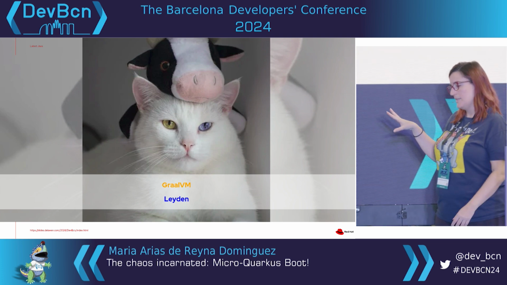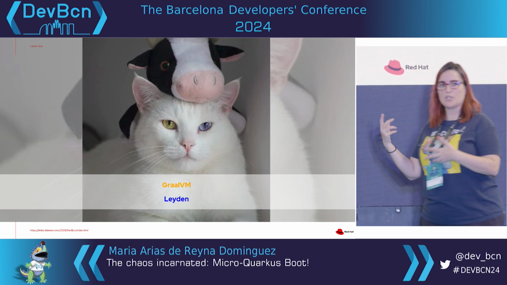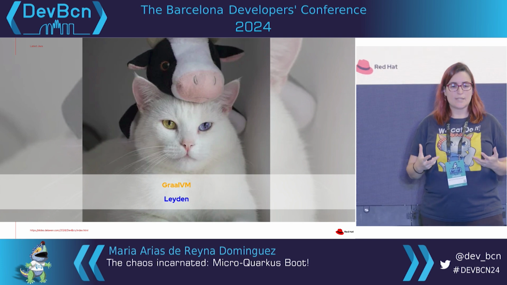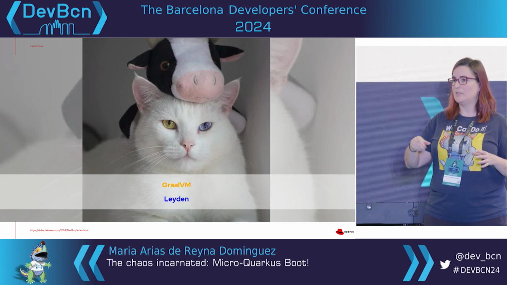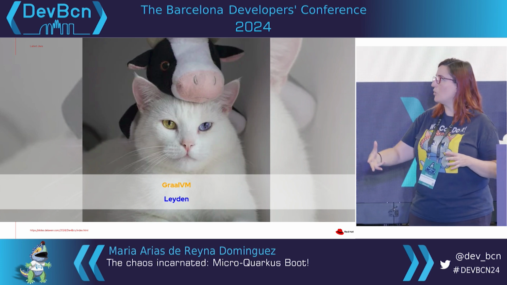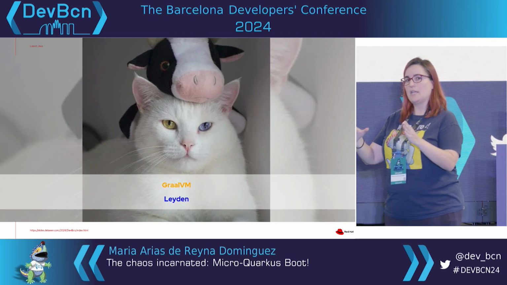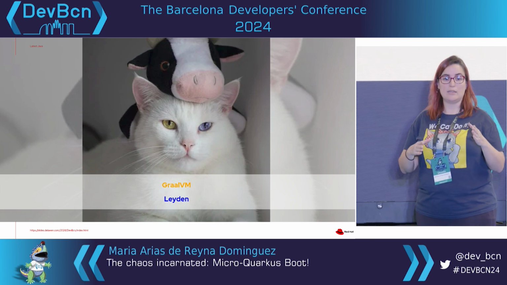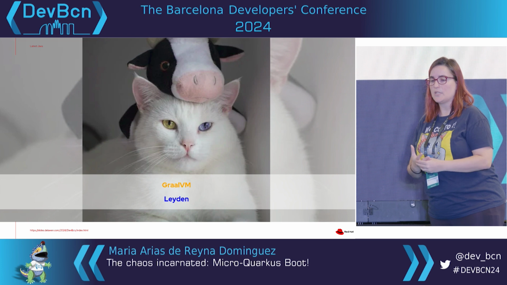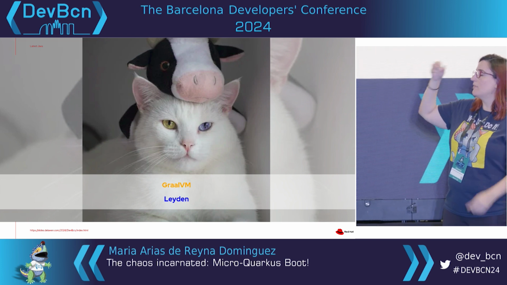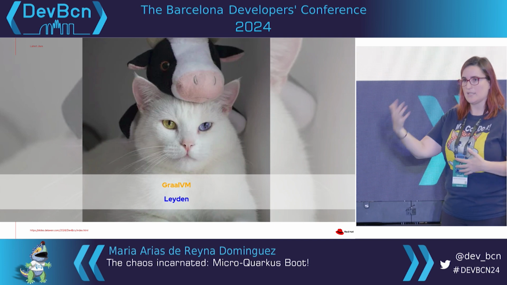But GraalVM is a different development kit, a virtual machine for Java, which focuses on trying to speed up the startup, make it faster, and use less memory. It has a specific compilation for native mode, which means you can build an executable that runs without a virtual machine. And how does GraalVM do less memory, faster startup, and faster